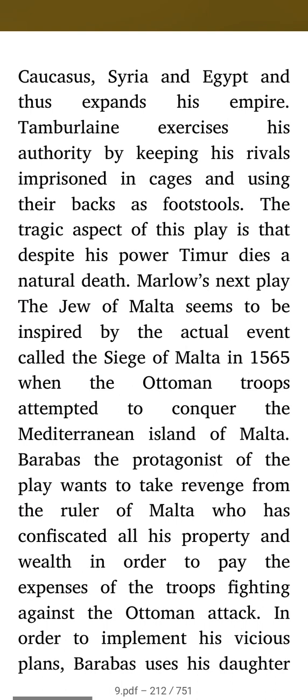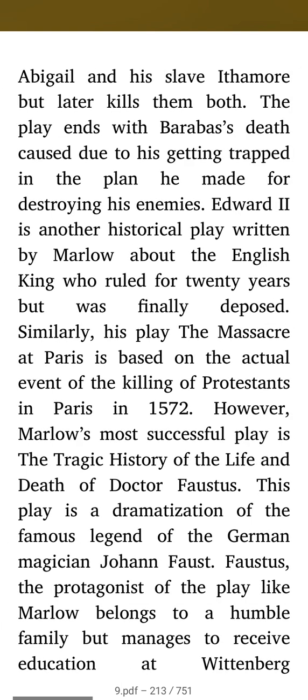In order to implement his vicious plan, Barabbas uses his daughter Abigail and his slave Ithamor, but later kills them both. The play ends with Barabbas' death caused due to his getting trapped in the plan he made for destroying his enemies. Edward II is another historical play written by Marlowe about the English king who ruled for 20 years